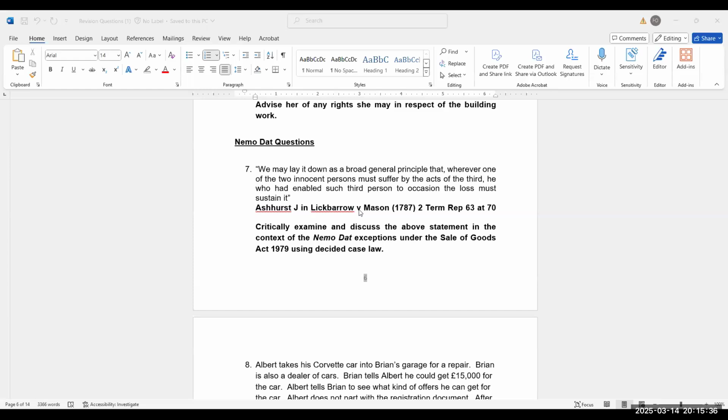So we can see from these exceptions that the courts have had to make a difficult decision between who they should throw under the bus. Should it be the innocent owner or the innocent purchaser? Should it be commercial sanctity or right to property? And what makes it more complicated is the rogue who caused the issue,